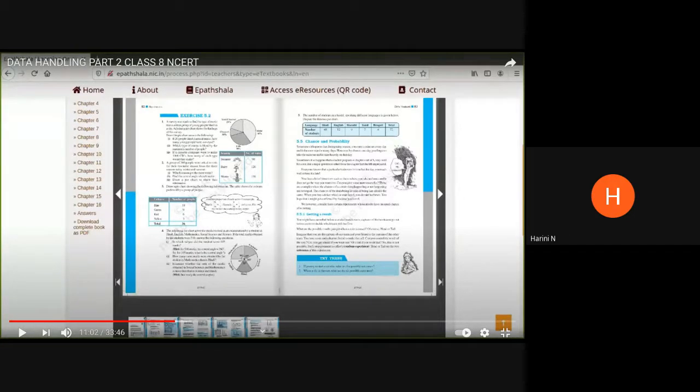We are looking at the pie chart in the textbook and trying to answer the questions related to the pie chart which is asked. Keep your books with you because you need to write it there only. We are not going to draw the pie chart again in the notebook and rewrite the questions. That is a huge loss of time. To make your job easier, have your textbooks with you and follow what I am saying. Clear? Okay, ma'am.